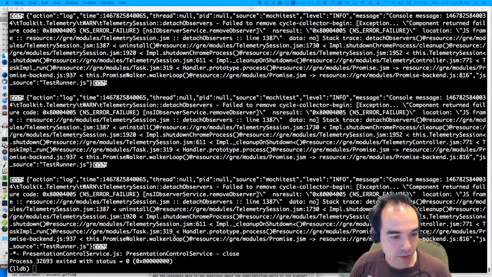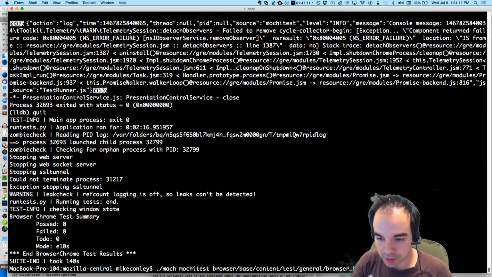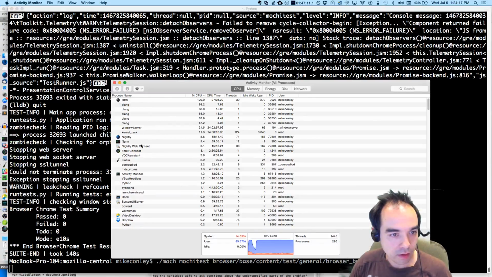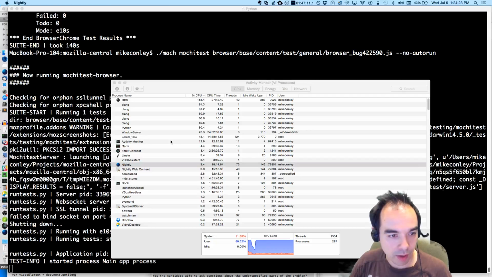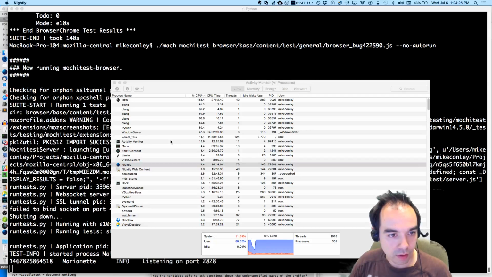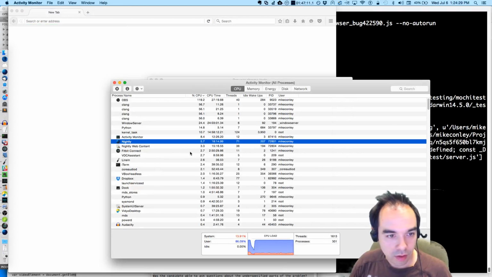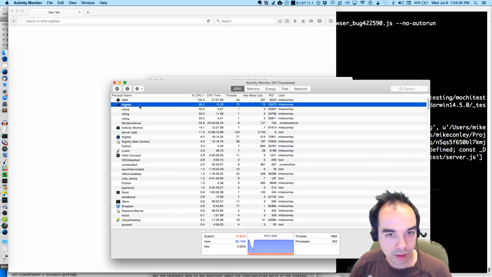I could also use, instead of LLDB, I could use no auto run, and then Nightly is going to start up. Not this one, not 72801, but Nightly 33970.